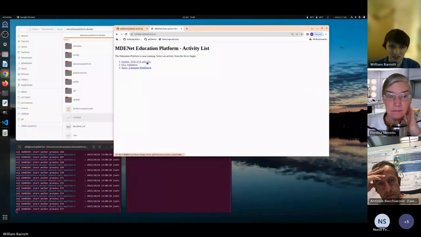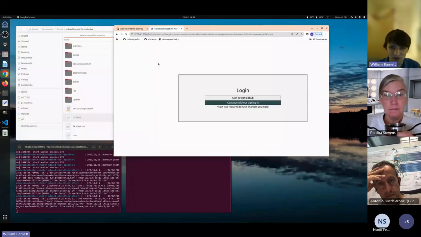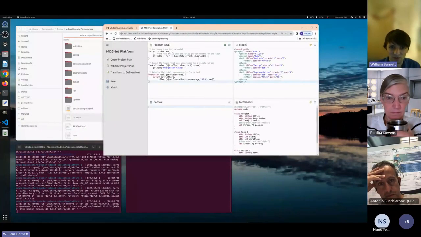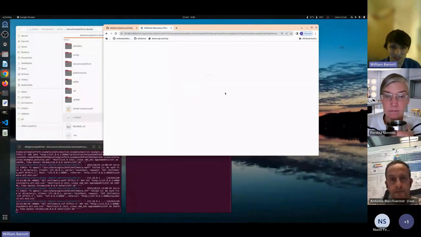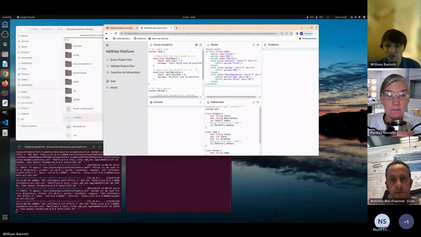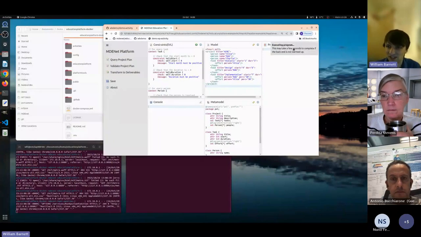Just to get an idea of what the platform is like to use as a student, they'll be presented with something like this for an activity. So if we look at the EVL example, this is Epsilon. Here's an Epsilon example using EVL, Epsilon EVL, and we have these validation constraints here. If we then click the action button, it will run these EVL constraints against the model and the metamodel. So you run the action,